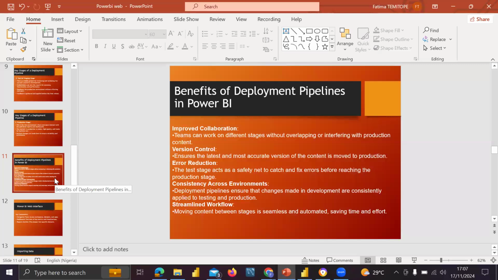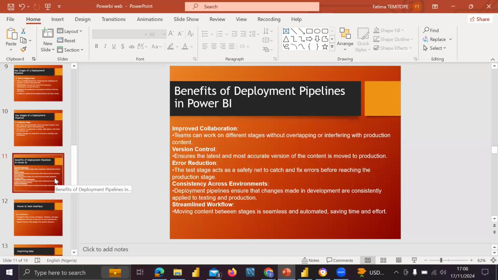Is the Power BI web for individuals or for corporate organizations? You can use it for individual or corporate. You can have your own workspace within your Power BI system. So it can be individual or for corporate, it doesn't matter. As I have said earlier, before you log into Power BI web, as an individual, you need to create a Microsoft account. If you have the Microsoft account, then you are able to publish using your own details.